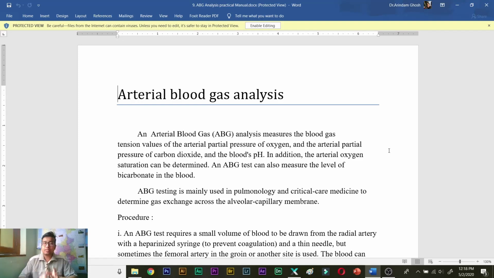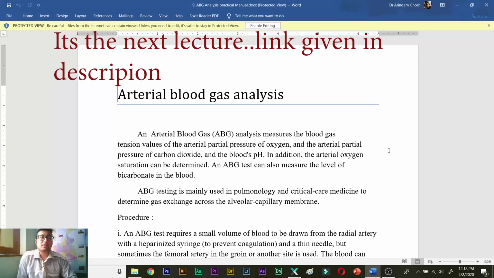Now since this should have been done in clinical ward settings, in the ICU especially, but during this lockdown, I will be briefly telling you how to perform this ABG procedure. If you already know how ABG is done, or if you are only interested in interpreting ABG problems, you can definitely skip to the timestamp that is shown in the video now. For the rest of you, let's learn how ABG is done.